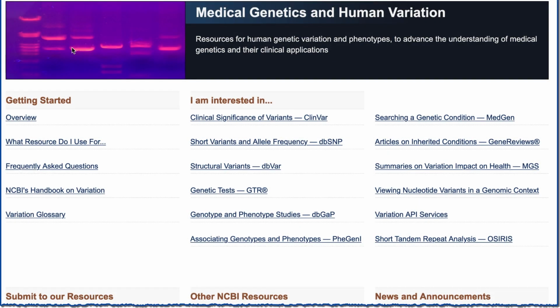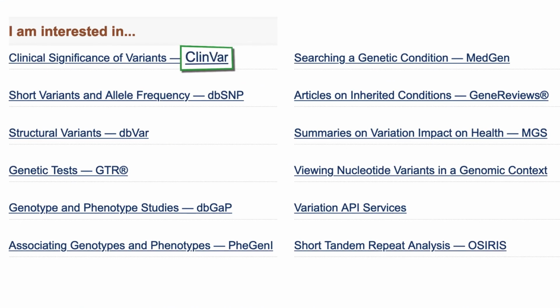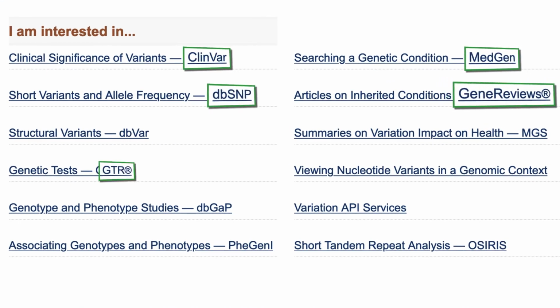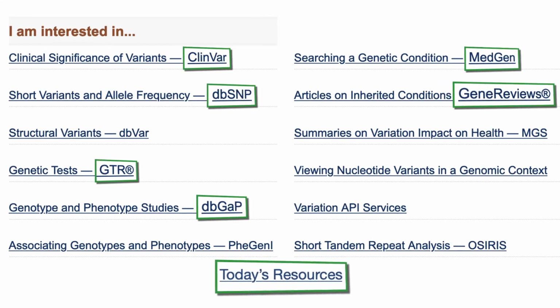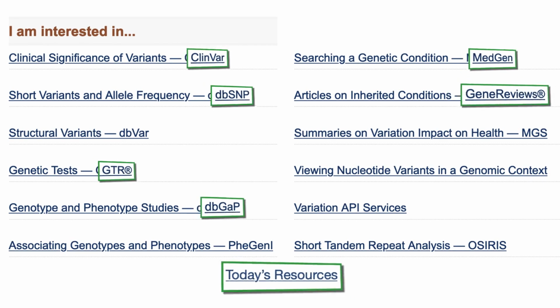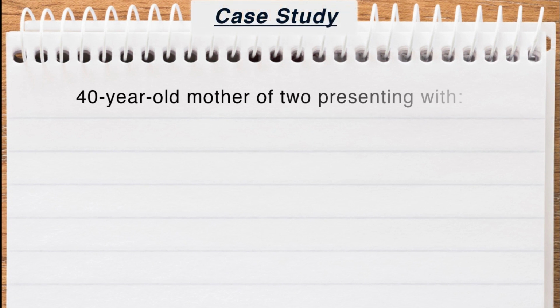NCBI's medical genetics and human variation resources are used in both clinical and research settings to help explore, diagnose, and treat conditions. We'll examine these resources from the point of view of a practitioner whose fictitious patient is a 40-year-old